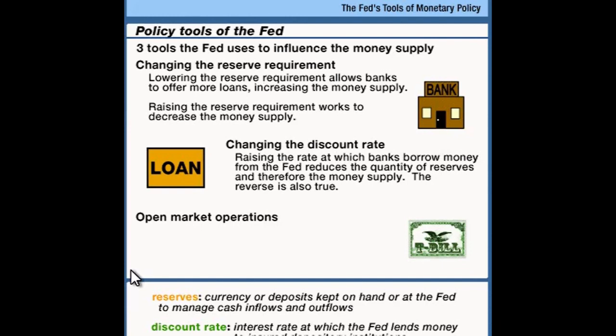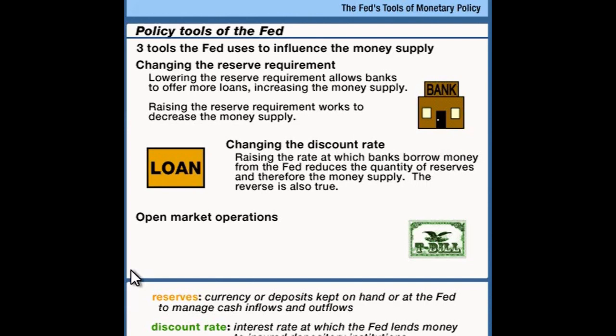Now think about this. If the Fed writes you a check for a Treasury bill, say you're selling a Treasury bill to the Fed and the Fed writes you a check, you take that check to your bank and deposit it. The bank then presents the check to the Fed for payment, and the Fed can either give the bank cash or it can give the bank credit in its reserve account. Either way, your bank just wound up with more reserves, which gives it more room to create more checking accounts, and the money supply expands.